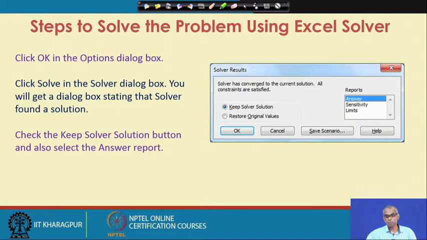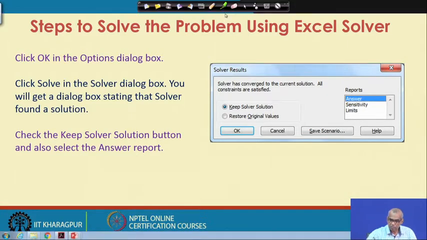So, once you solve, the solver will indicate the results and you will get a window like this. It says the solver has converged to the current solution, all constraints are satisfied. So, after indicating options, you click OK in the option dialog box, then click solve in the solver dialog box.